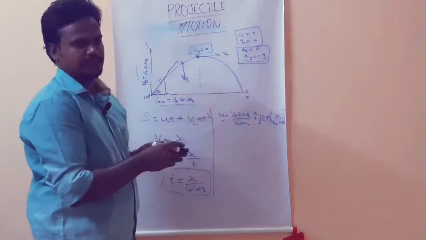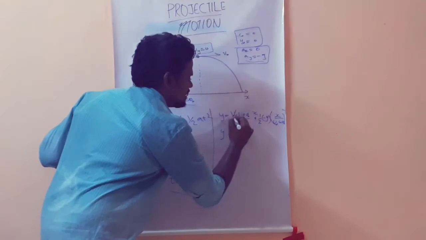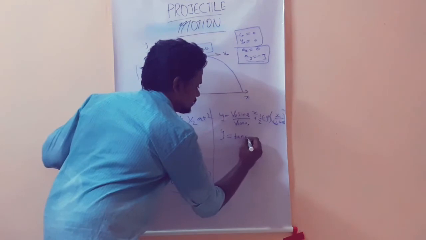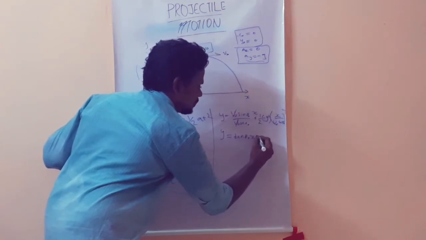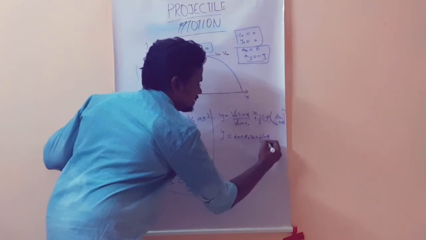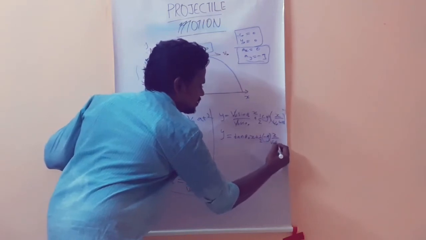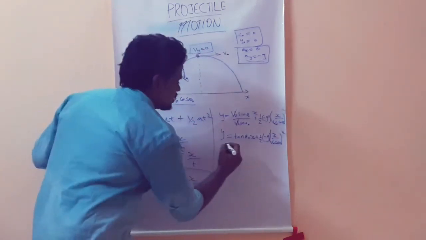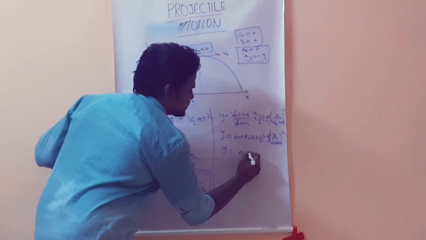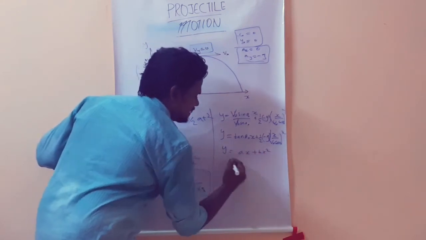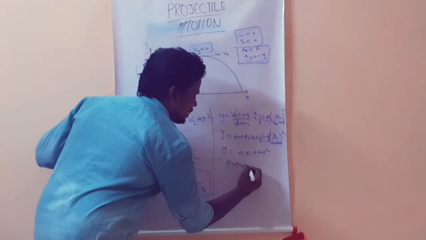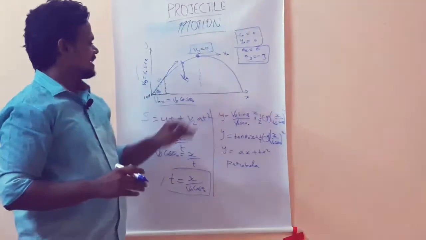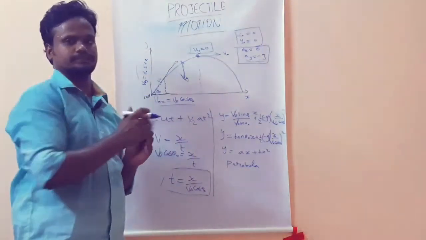So if you look at this equation, here we can cancel v naught and v naught. Sin theta by cos theta will give tan theta naught into x plus half minus g into x divided by v naught cos theta naught the whole square. If you look at this equation, it looks like y equal to ax plus bx square. This is an equation of a parabola. Hence, we can conclude the path taken by the projectile is a parabola.